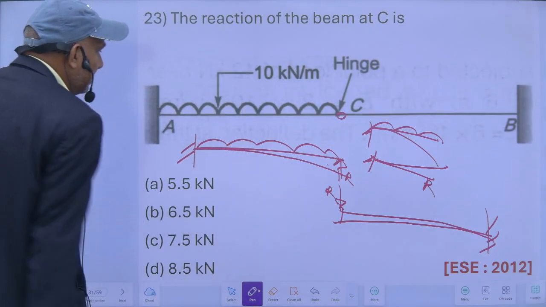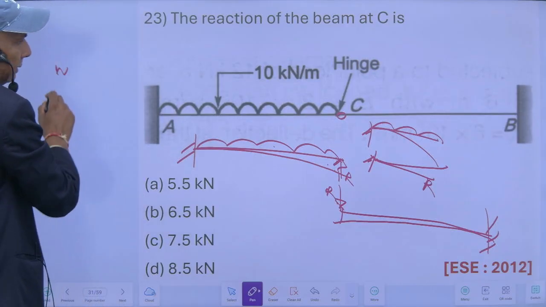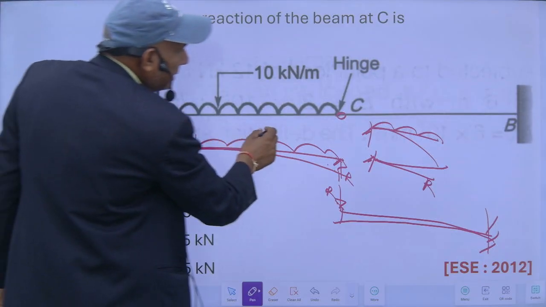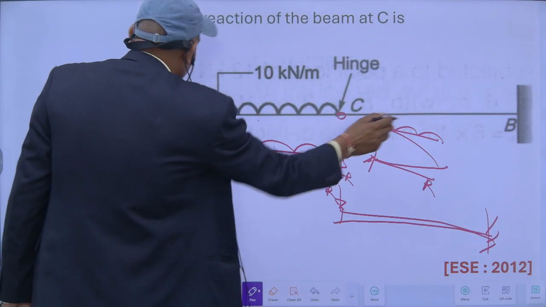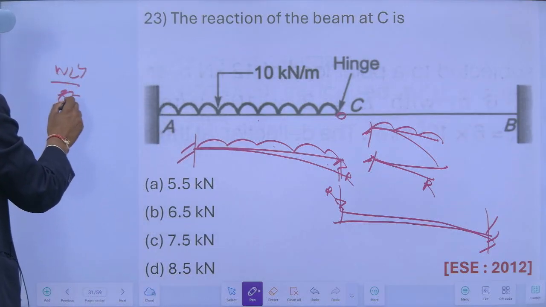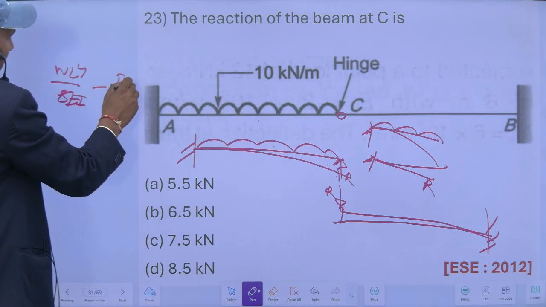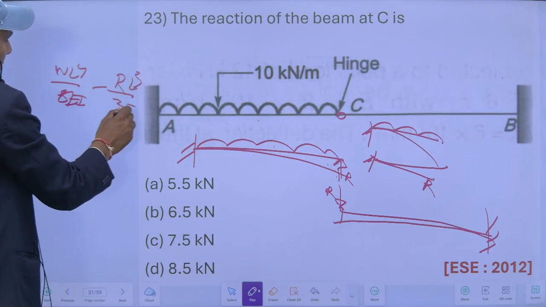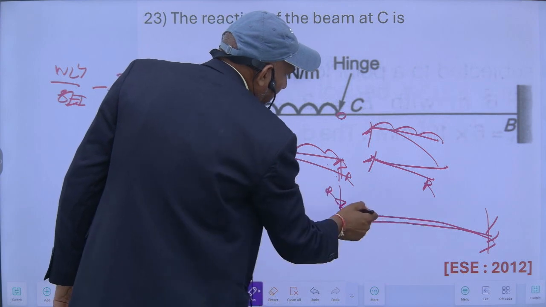So net deflection, this will be W. This length is, I think, same. This length is same. So this will be WL^4 upon 8EI minus, because of R, it will be RL^3 upon 3EI. So this will be the net deflection, and this net deflection is equal to this deflection,